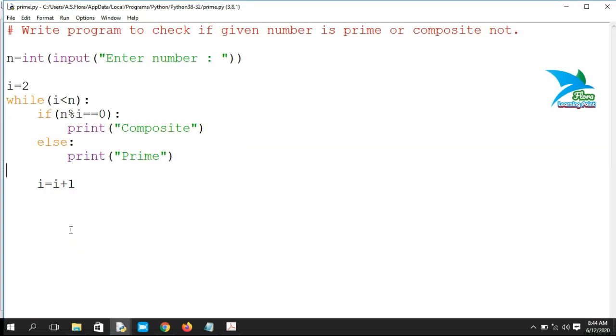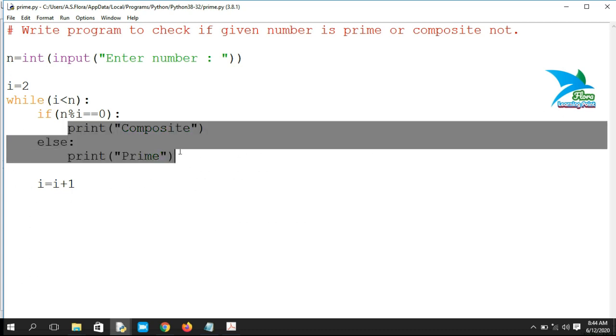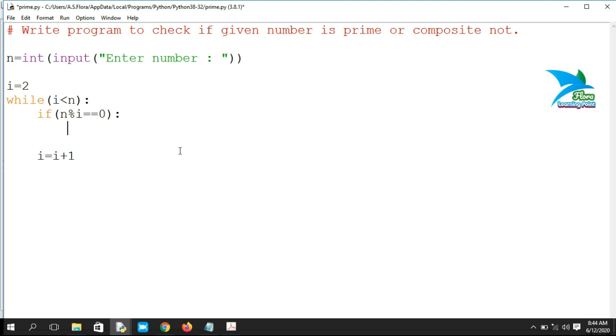But we need a single answer after the completion of the loop. We need a single output, not such kind of values. So we have to remove this condition from here. In this case, we have to check the condition outside the loop, at this location. After the completion of the loop, we have to check if the given number is prime or composite.